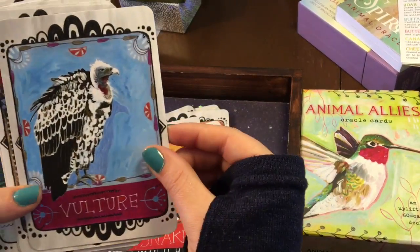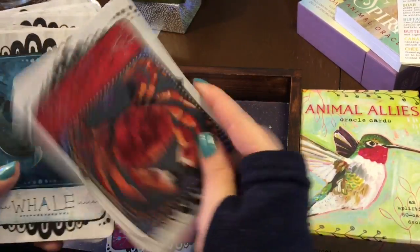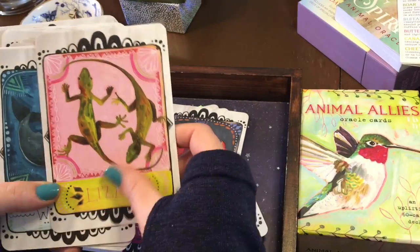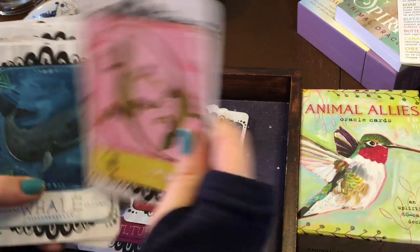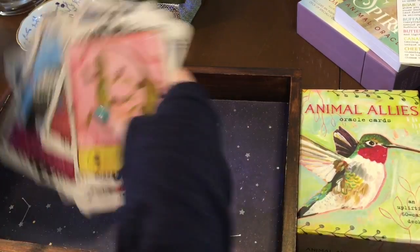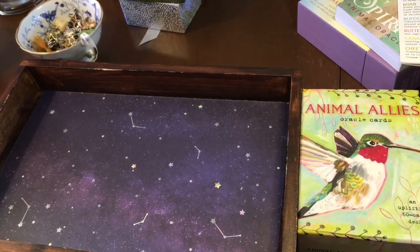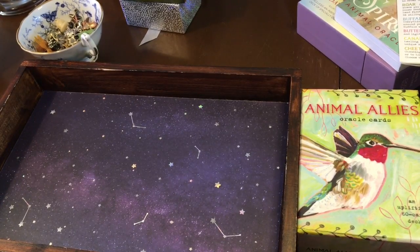I just really love this deck. I love all of my animal decks. But just gorgeous. Yeah, like really matte, nice cardstock. Very, very pretty. Easy enough to shuffle. Again, they're a little bit bigger, but I always manage. So usually I'll go